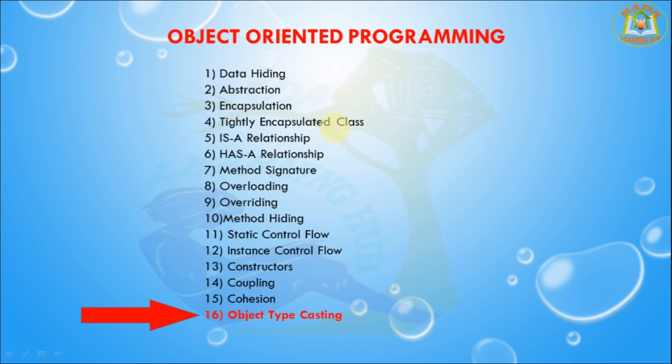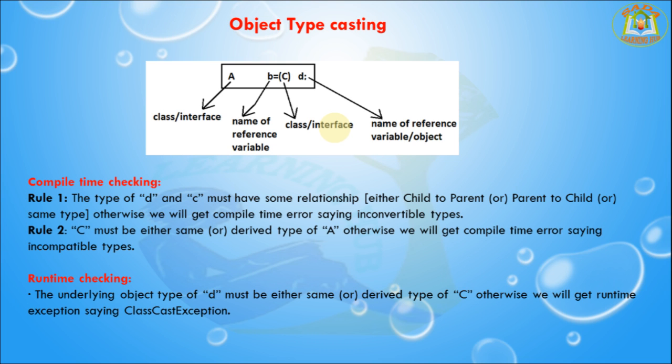Today's session we are going to learn object typecasting in the object oriented programming language Java. A parent class reference can be used to hold child class objects, but by using that reference we can't call child specific methods. For example,